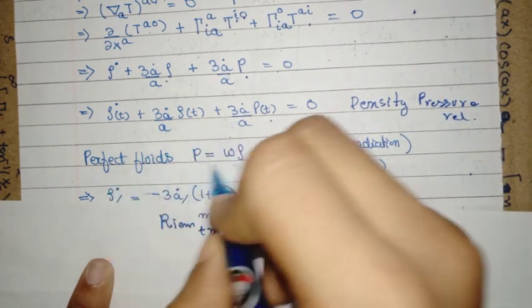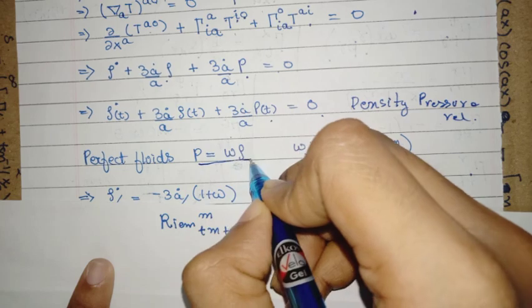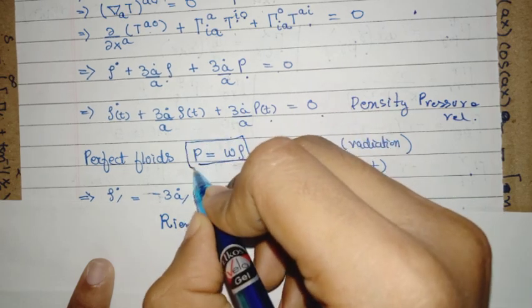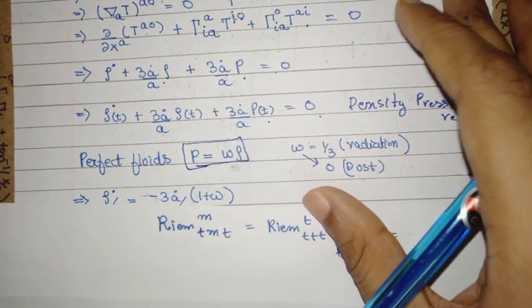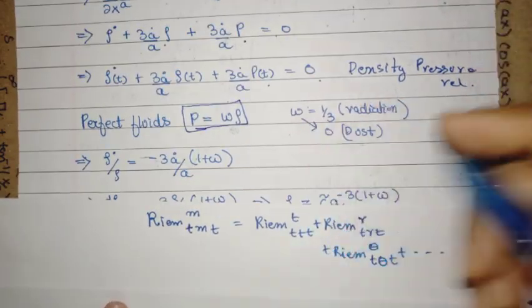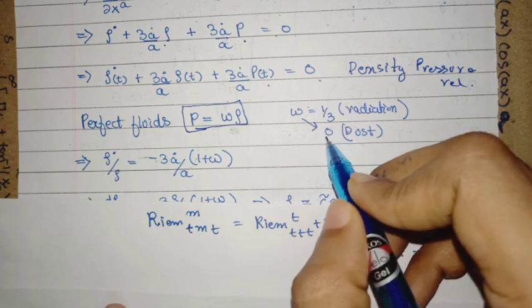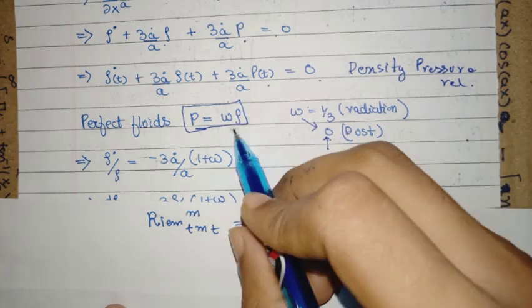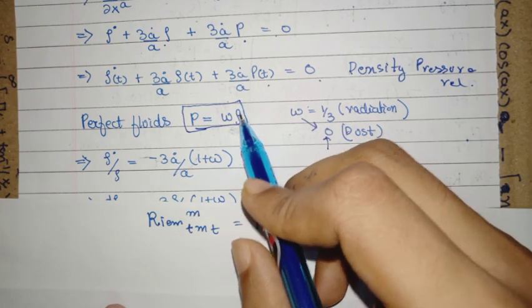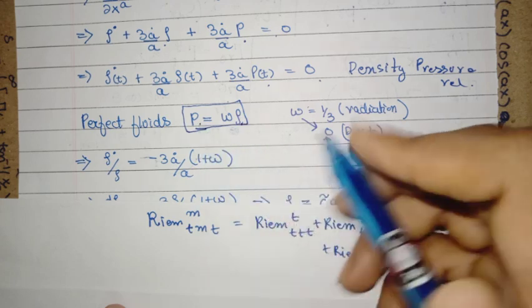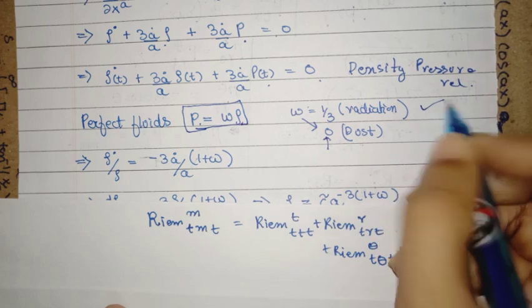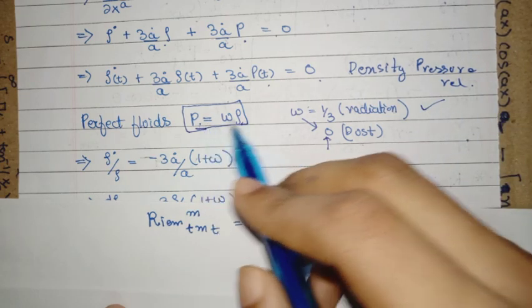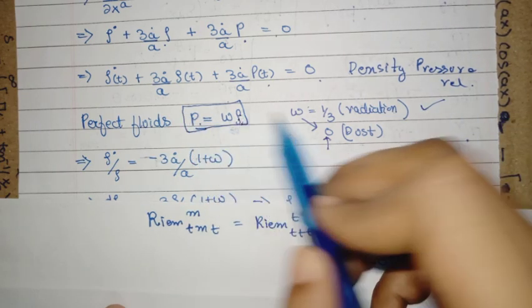Now for the perfect fluid, we assume that the relation is given by this form. This is really an assumption and works highly in ideal cases only. I've shown this omega. This omega, if it is 0, then it says that however more density you have, your pressure doesn't change. If it is 1/3, that's the radiation pressure or the photonic pressure.